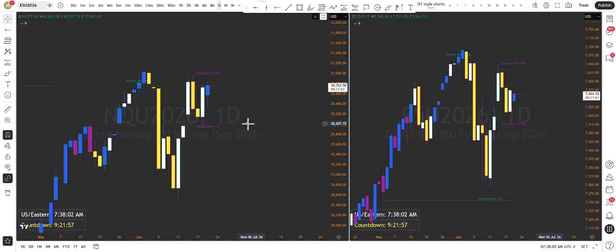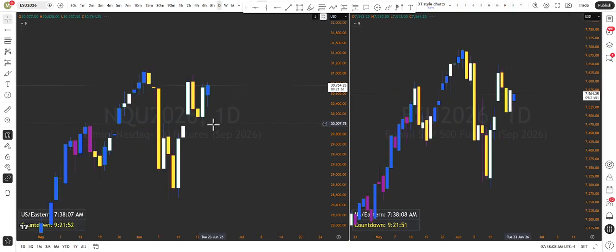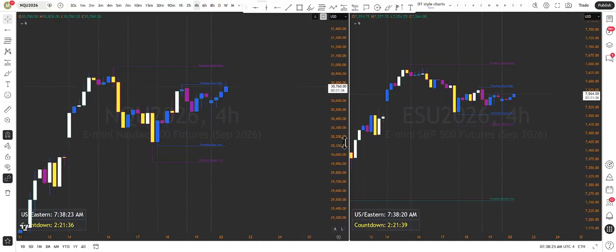But after that, I like to go to 4 hours. I like to really start the markup on the 4 hour chart. But sometimes on the daily, you can have something like a new week opening gap, or you could have a big fair value gap that you need to pay attention to. But I really don't see anything on the daily chart. So we go down to the 4 hour, and I like to come in from the right side and go in and find a major pivot